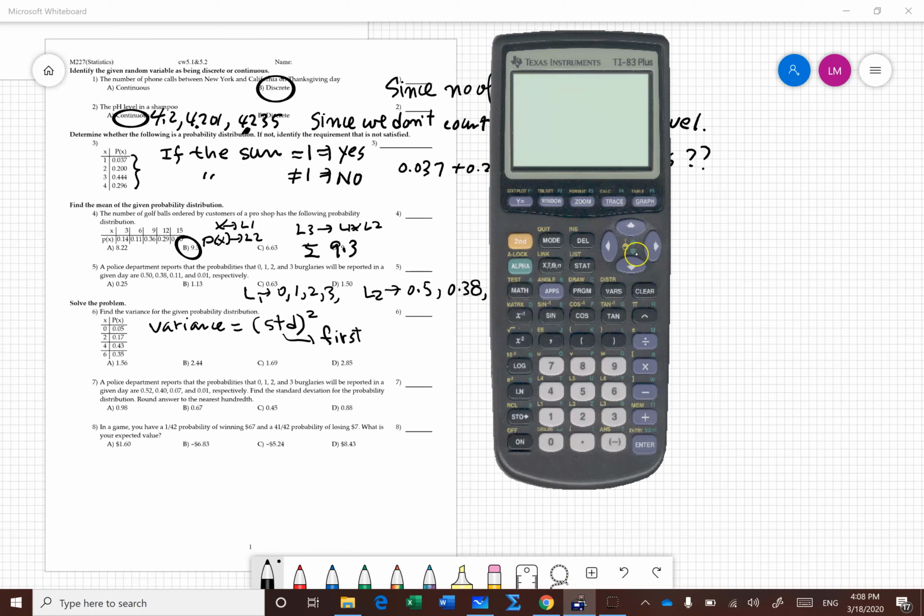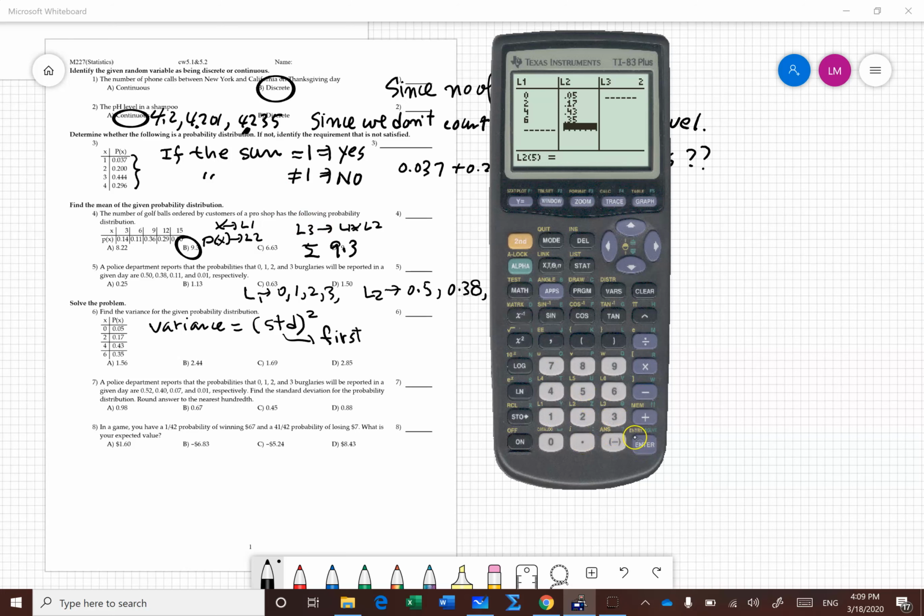You have to clear everything, go to stats, edit, and clear L2, L1. Now L1 is the numbers 0, 2, 4, 6, and then in L2 you put 0.05, 0.17, 0.43,